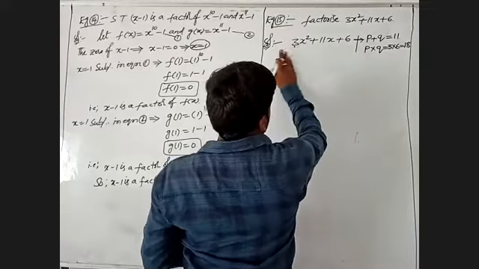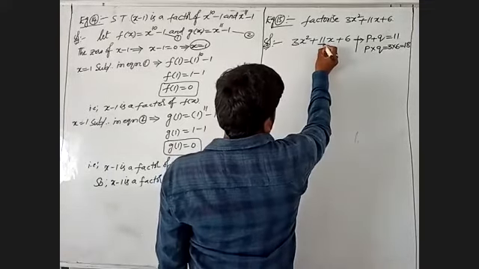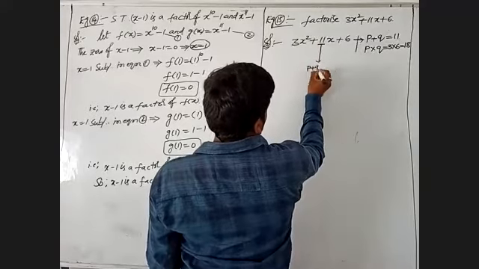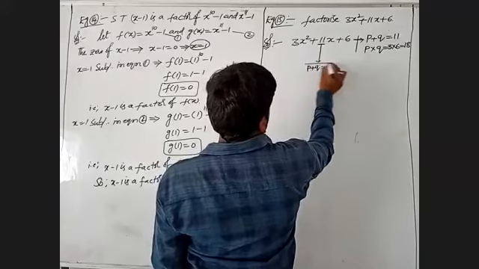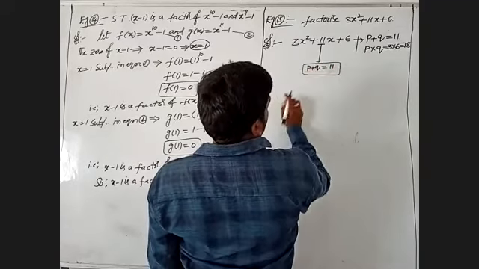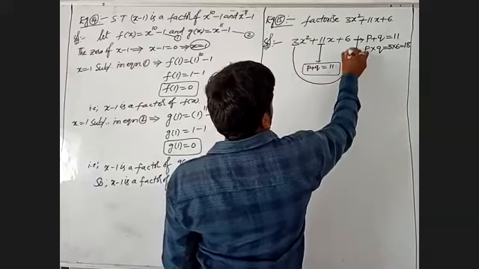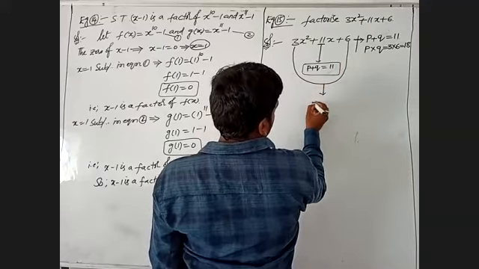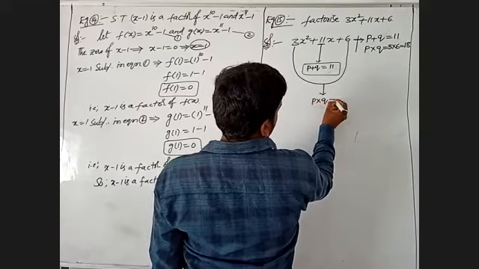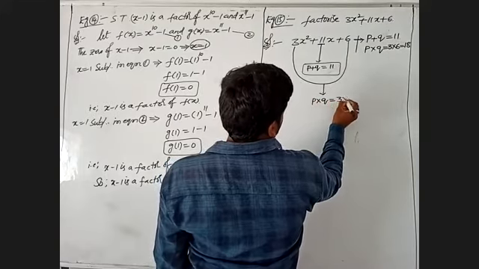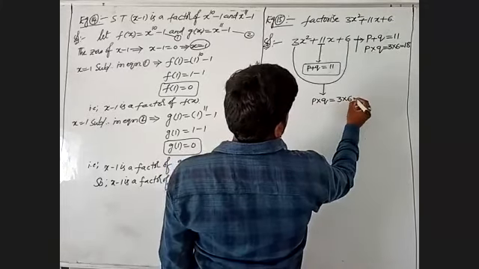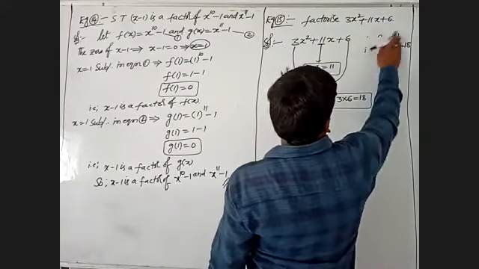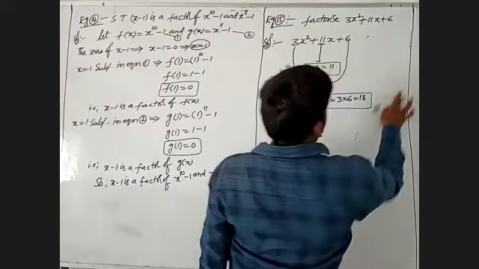I will write in this one where the given 11 must be written as p plus q. The given p plus q must be equal to 11. After that, the product of 3 and 6, that means p into q must be equal to 3 into 6, which is 18. To satisfy this, I will write the factorization. This is the given condition of factorization.